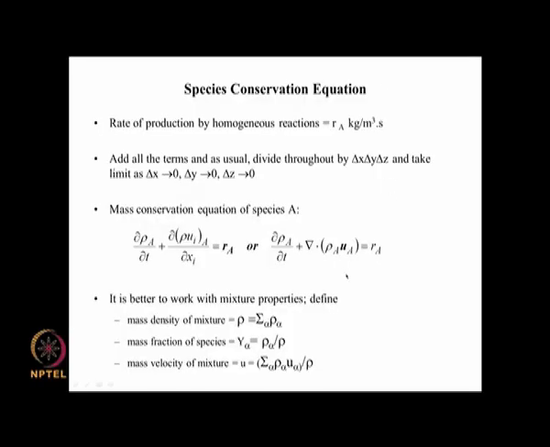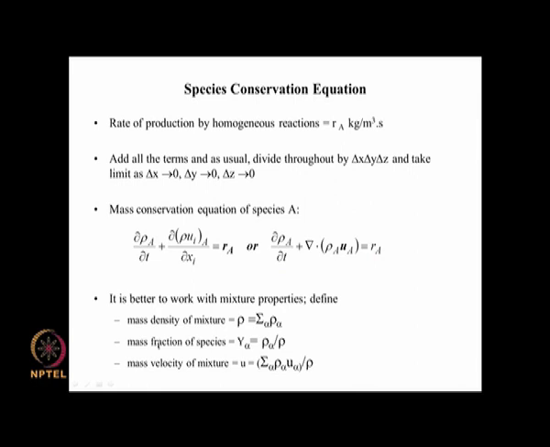Okay. So in that case the number of equations becomes very complicatedly large. So what we would like to do is to work with the entire continuum, which is essentially a mixture of different species, and we define the mixture properties in the following way. The mass density of the mixture rho is given by the sum over all the phases, all the species, of rho alpha. So rho alpha is the mass density of species alpha, and when summed over all the species, that will give us the density here.